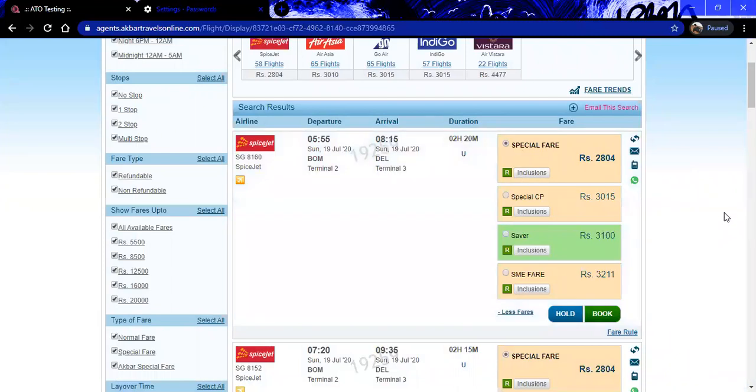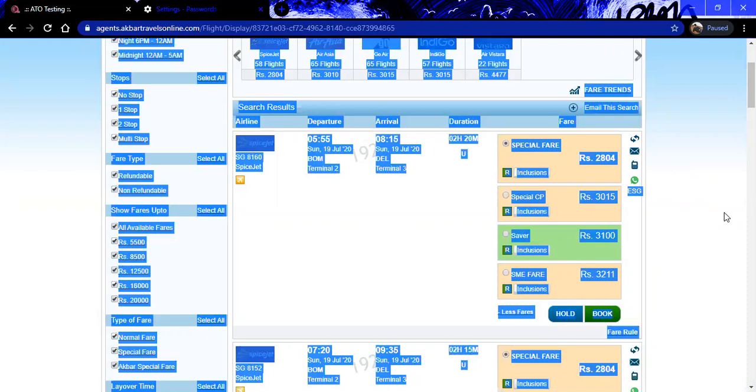Third, you have to just press Control A on this page. Below the WhatsApp icon, the code reflects. Usually the airline code is 2 letters. That is SpiceJet, it is S and G. Akbar have put an identifier for each fare. If it is a corporate fare, it is reflecting E in front of the code.